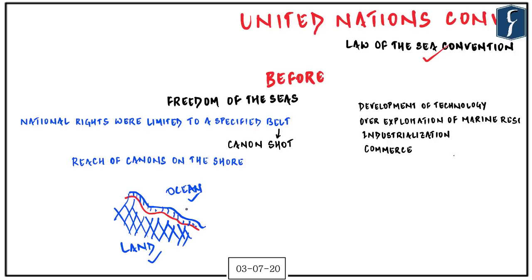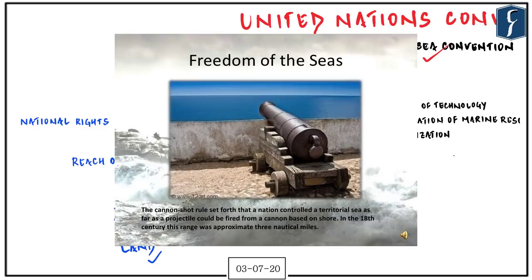And although this is laughable, this 3 nautical miles was usually determined by the cannon shot rule, which was the extent to which a nation could control its coastal waters, largely based on the reach of its cannons which were placed on the shore. So that was the 16th and 17th century. So you can see that there was no global framework on how the nations will control the waters beyond these